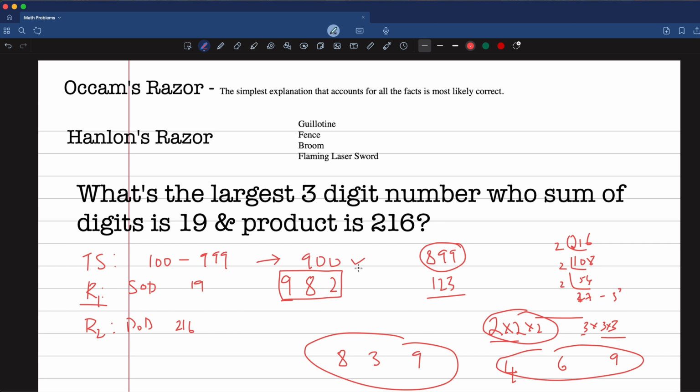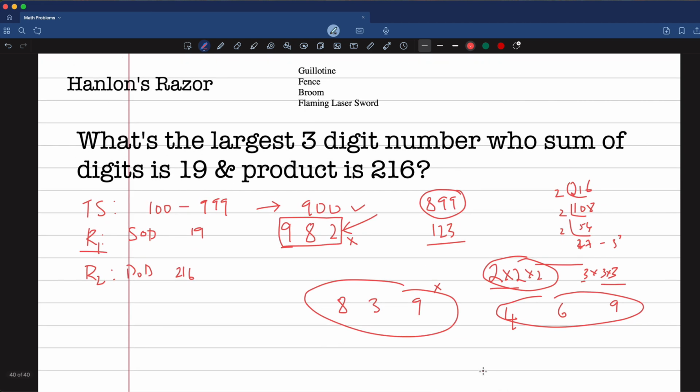So, for example, if you take 982 here and you multiply that out, you realize that you won't get the answer because it is 144 and not 216. That's why you can eliminate 982. And similarly, you could also eliminate this one because 8 plus 3 is 11, 11 plus 9 is 20 and not 19. So a combination of these two filters, a combination of both the razors, will eliminate all of that